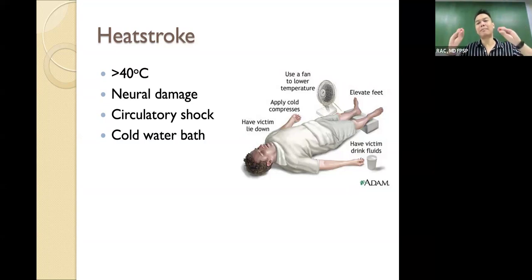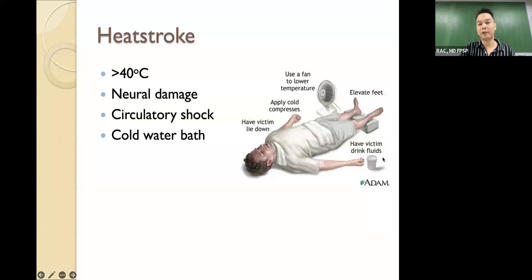So the increase in body temperature will cause generalized vasodilation. So you can now have circulatory shock. So this is potentially fatal. So what we typically do as first aid, of course, we do not crowd the patient, allow ventilation, elevate the feet higher than the heart so that blood from the lower extremity will go to the centralmost portion, so that perfusion for the more vital organs, the brain, the heart, the kidneys, would be maintained.